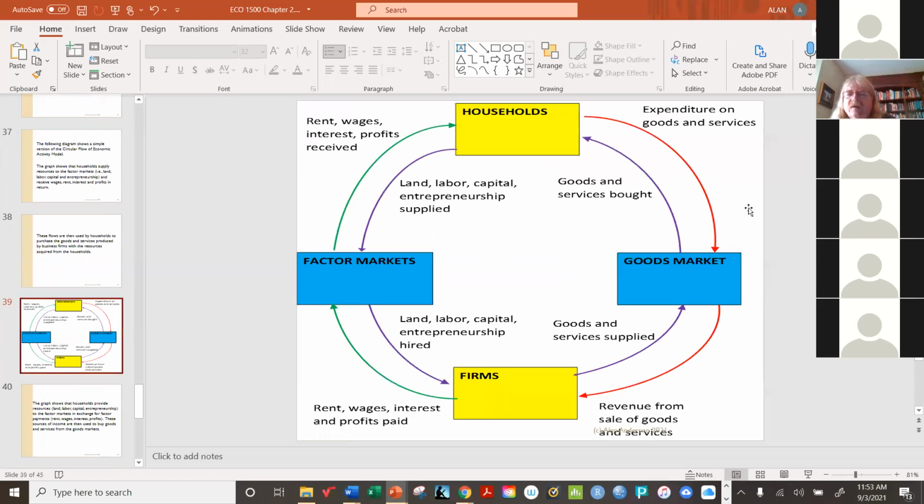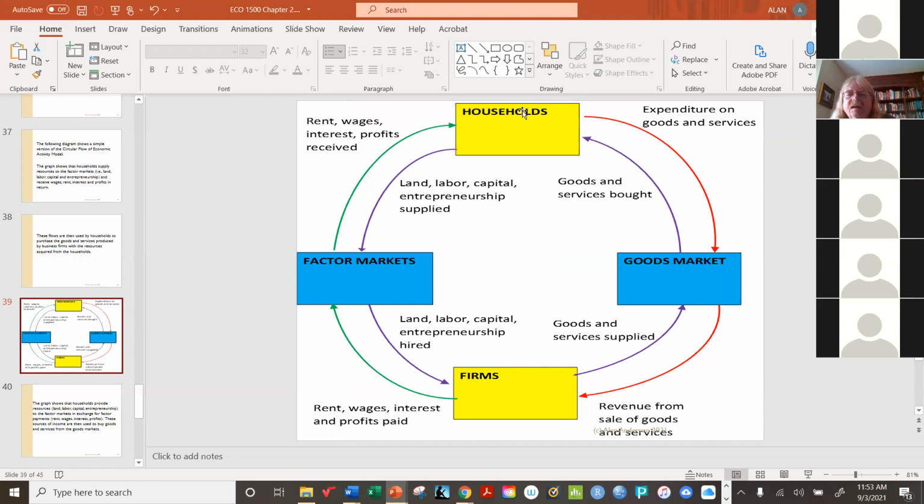All right, I hope you can read this if it's not too small on your screen. Households are up here, firms are down here. And then these are the two markets, the markets for goods and the markets for factors, by which we mean land, labor, capital, and entrepreneurship. So what they're trying to show you is that